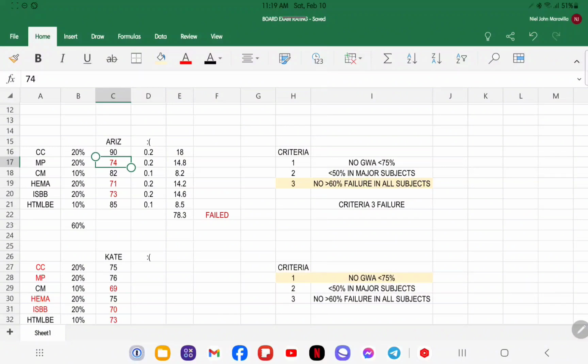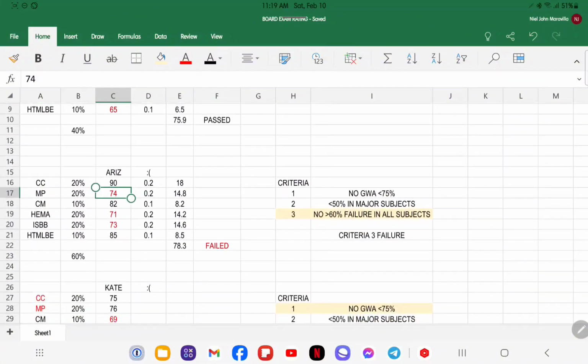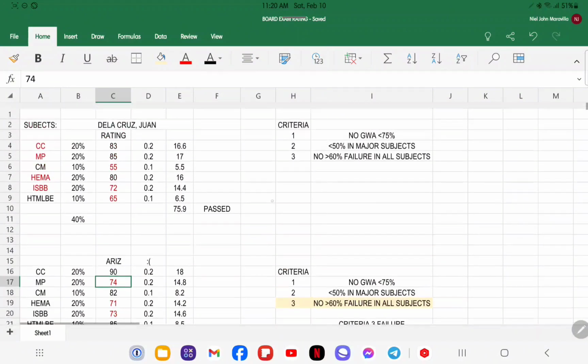Meron nga akong kilala, no, na ang board exam rating niya is around 88. However, bagsak due to sa board. It's because he falls under criteria 2. Okay? Kaya let's say, for example, kahit na 99 ang all 5 subjects mo, pero nabagsak ka sa isang major subject, let's say, for example, you got 49 sa clinical chemistry or micropara, bagsak ka pa din. That is a criteria number 2 failure.